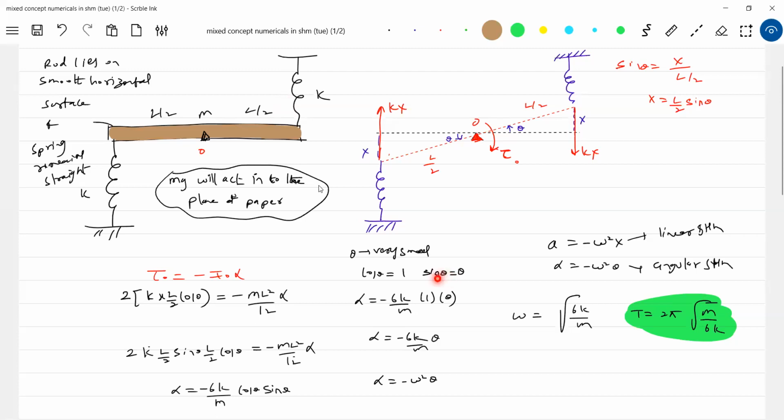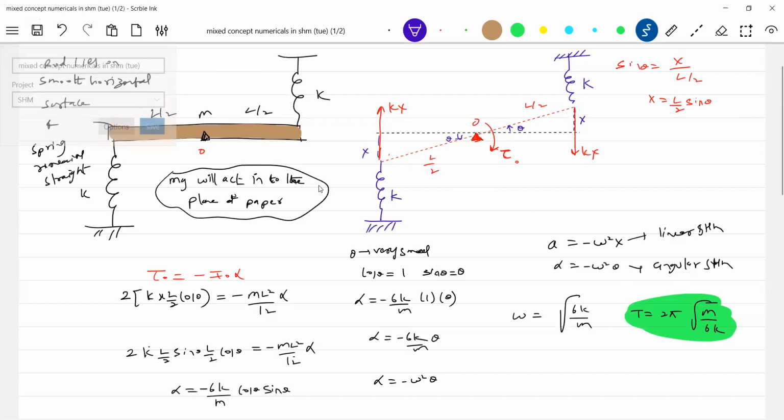Are you getting the thing? That's why I made theta very small. Please do make some observation. Theta is very small. So practically, this end of the rod will not be here, will be here, no? Since theta is very small, the springs will remain straight. Getting the idea? This one?